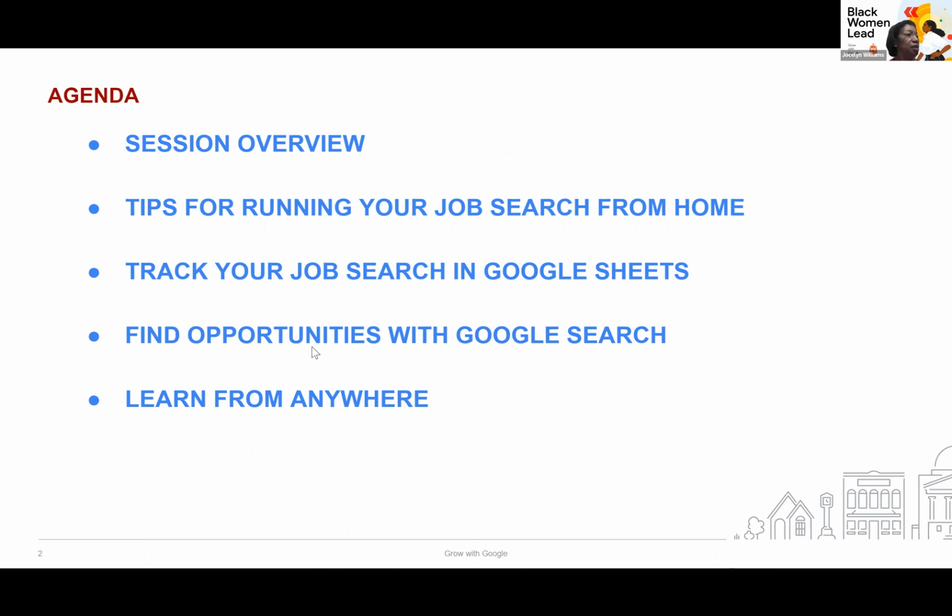Let's look a little bit deeper into what we'll be focusing on this evening. We're going to specifically discuss how to manage the main tasks that are associated with a job search. We're going to be looking at Google Sheets, an application within Google, to create a job search tracker. Next, we will go into how to use that sheet to keep track of the jobs that you may want